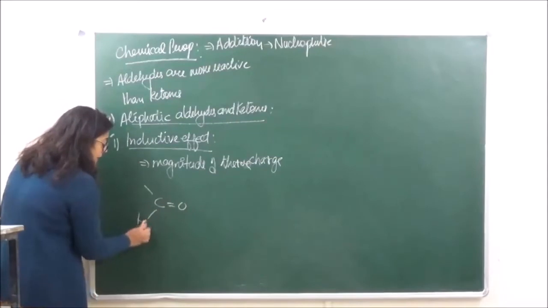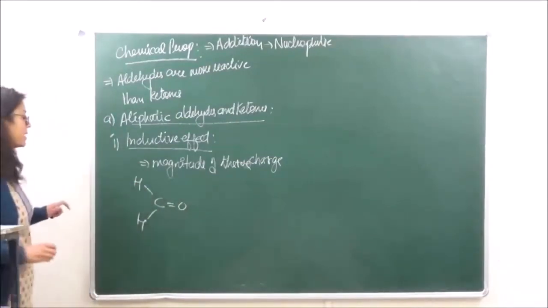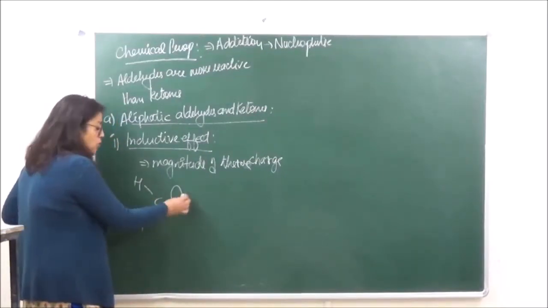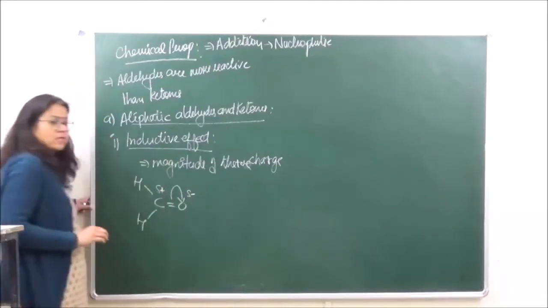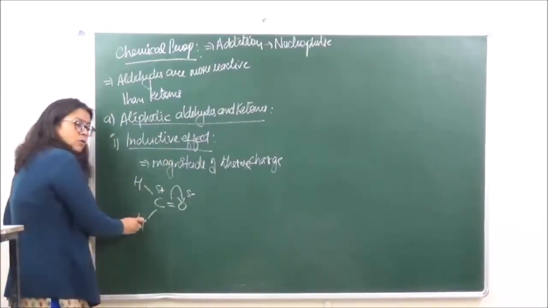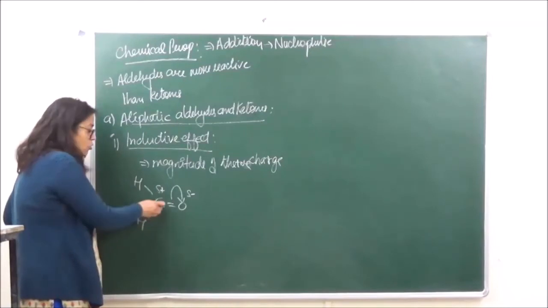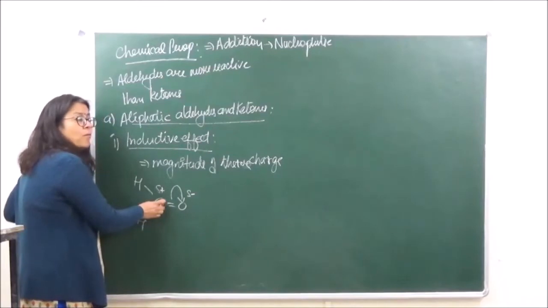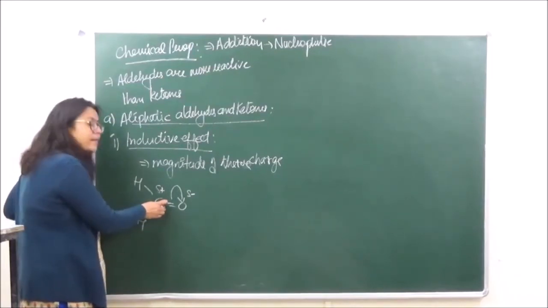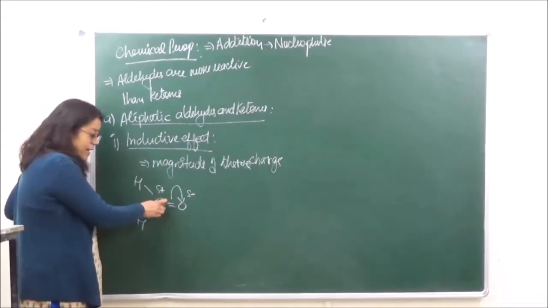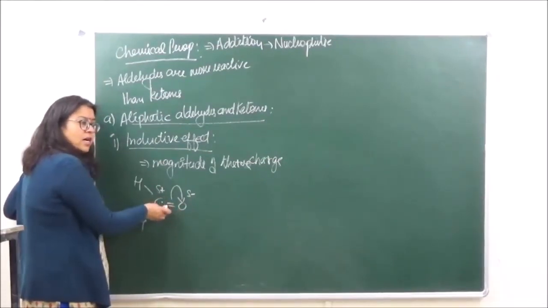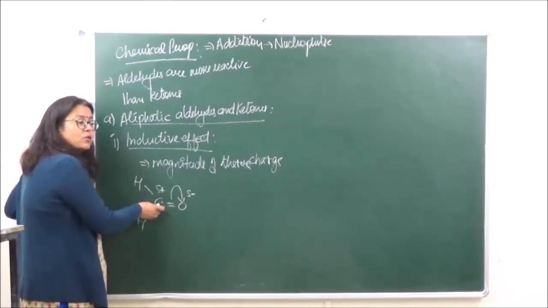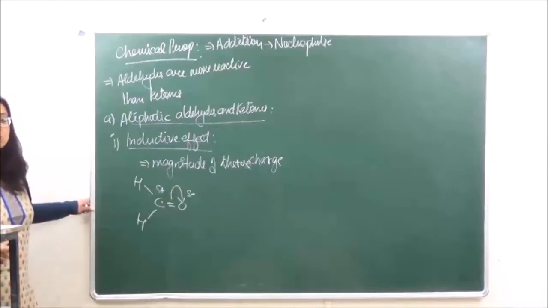So if we're taking say formaldehyde, right? In this case, what is going to happen? The lone pair of electrons gets attracted towards the oxygen. So there is a negative charge over here, there is a positive charge over here. Both the hydrogens which are present are not electron releasing. So the positive charge over here is going to be intensified. This is going to show maximum susceptibility towards the addition reactions, right? So any nucleophile which is negatively charged, which is approaching the carbonyl group, will easily come and attack at this carbon atom because of the high positive charge which is present on this carbon atom.